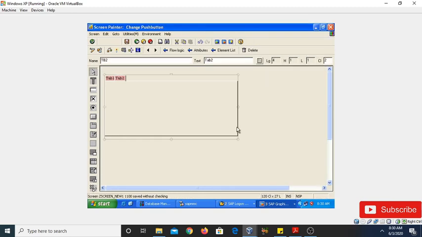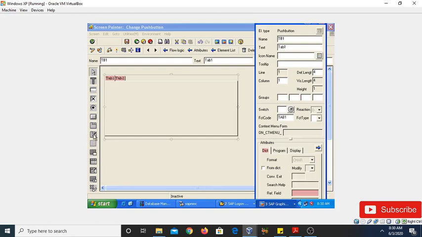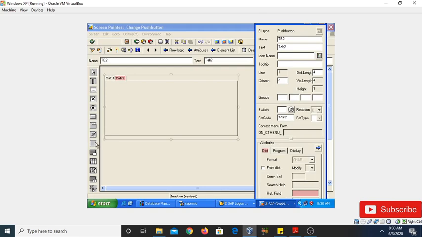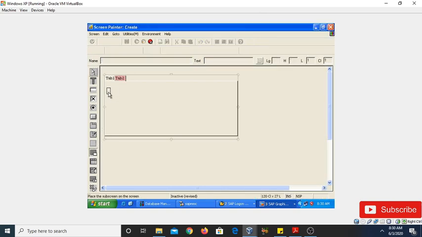Now the next step is to place the subscreen area onto these tabs. Select the first tab, select the subscreen area from the element list and then drag and drop onto the first tab. Similarly for tab 2, select the subscreen area and then drag and drop onto tab 2.